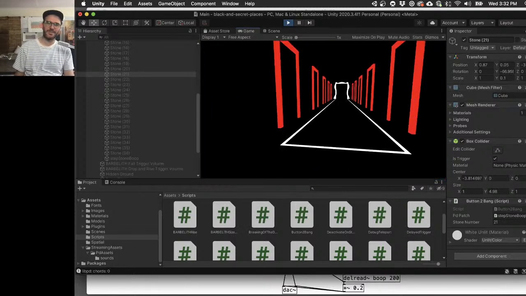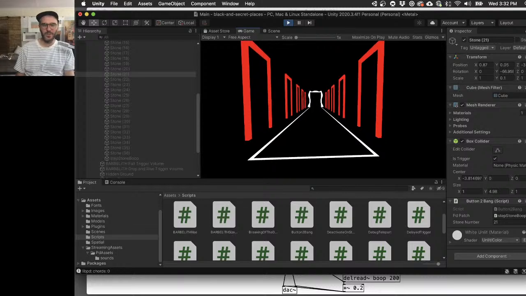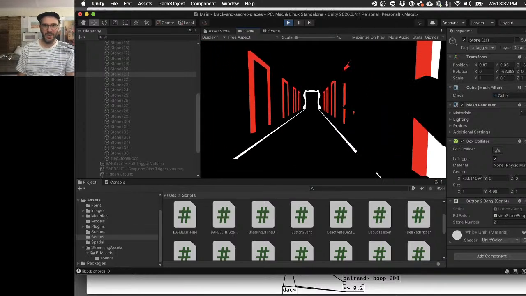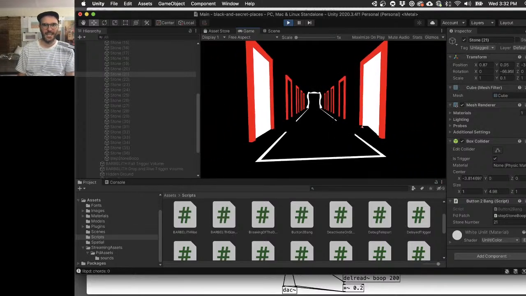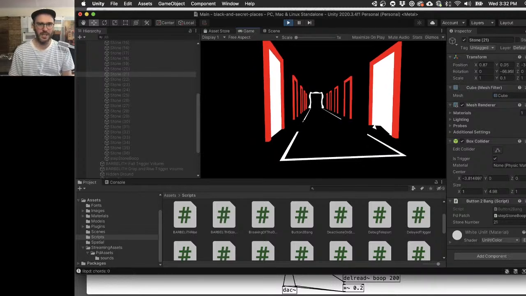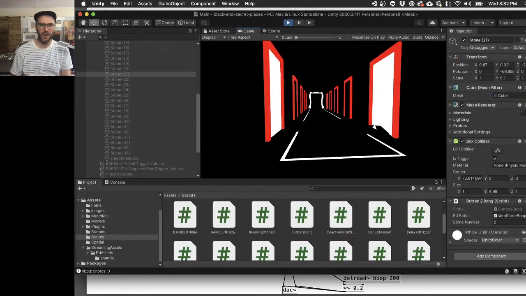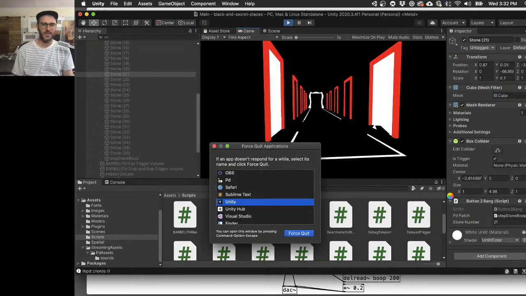Oh, that's super awesome. I'm really pleased with that. Now this room needs a lot of work, I think. Okay, so I'm going to stop there. Let's fix that. The other one, is this going to crash again? Yes, it is. Okay, so let's fix that other one,